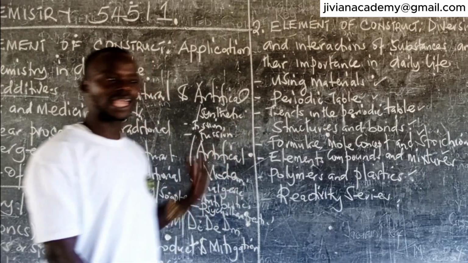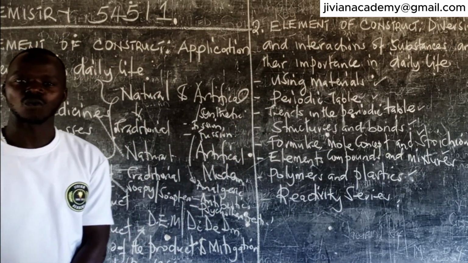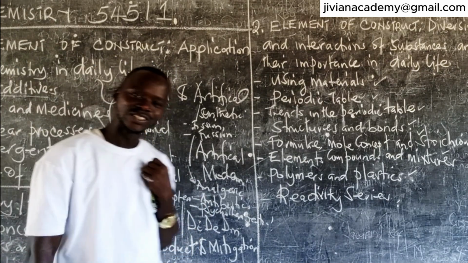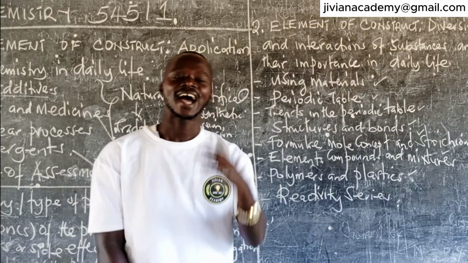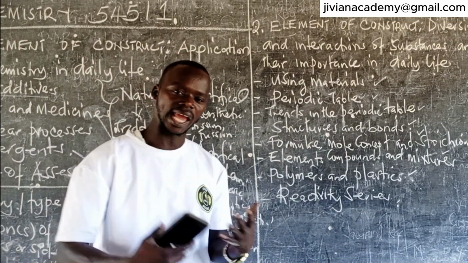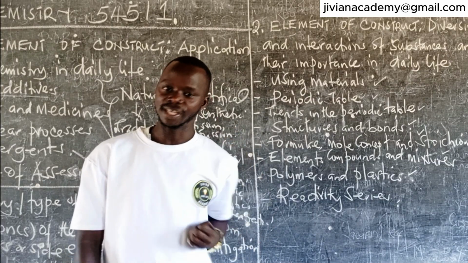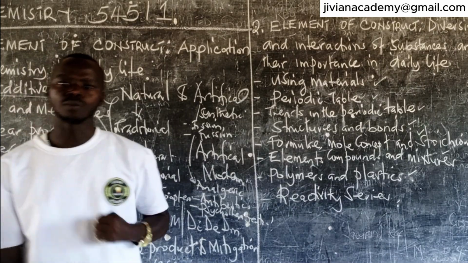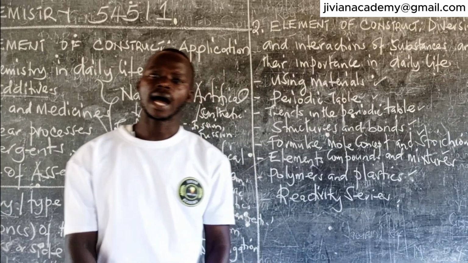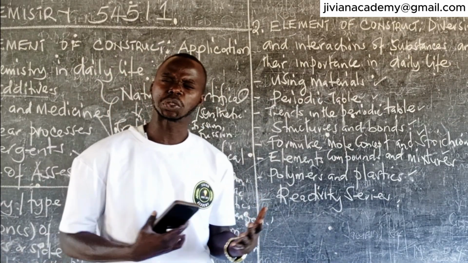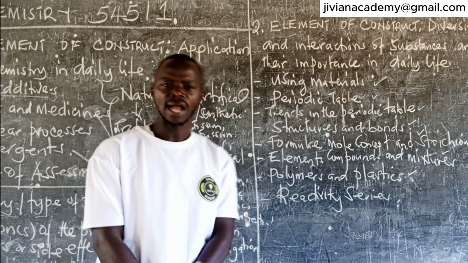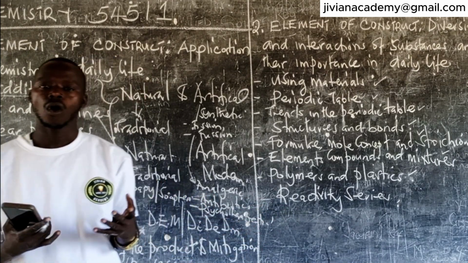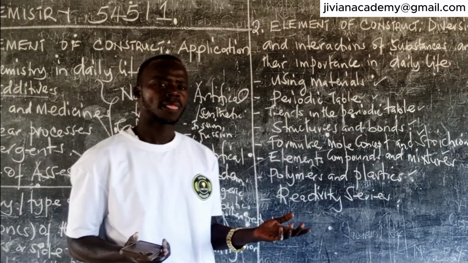Section B part of our chemistry 545-1. And in section B, of course, we have two parts, part 1 and part 2. And in part 1, I just want to give a highlight. In part 1 of section B, the element of construct is about the learner appreciating the contribution of chemistry to our economy. And we always refer to that as the industrial process, where the learner is supposed to write a presentation, or make a write-up, or write an article about